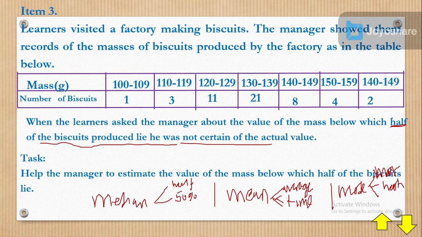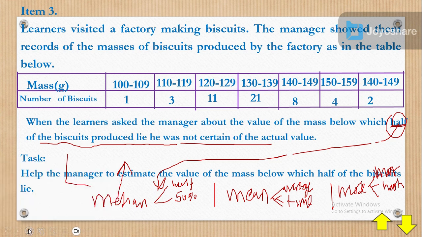Now, look at this question, they're saying half. That means that in this question you're going to find the median. Strictly from that language, we can draw that conclusion straight away without wasting time. Now what you're going to do here is, in simple terms, draw a table. When you're dealing with the median, what must you know? This median can be determined using a graph, and the graph used to determine median is a